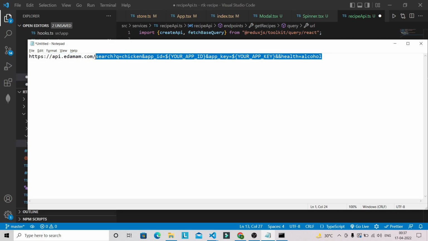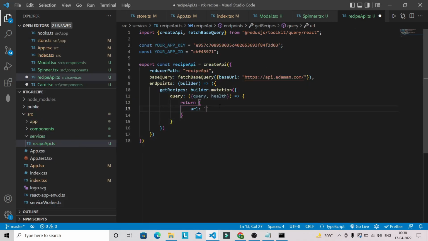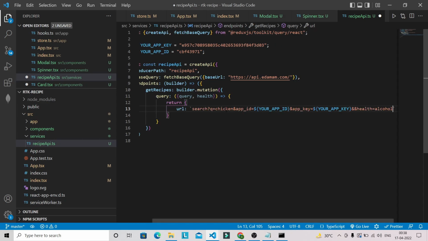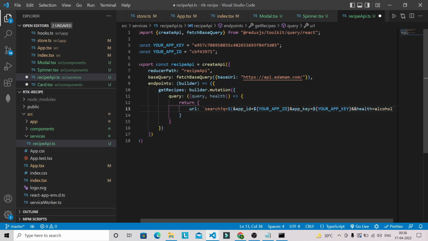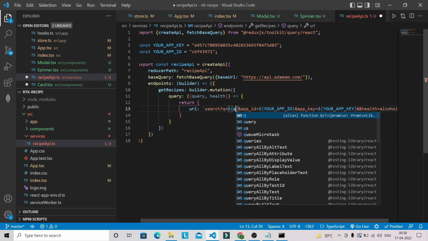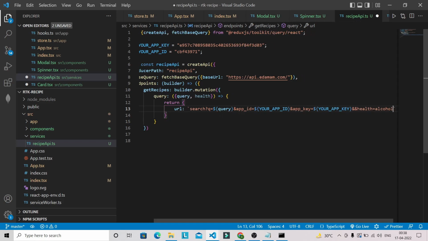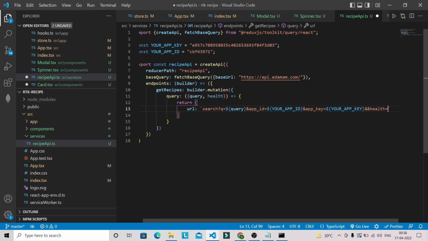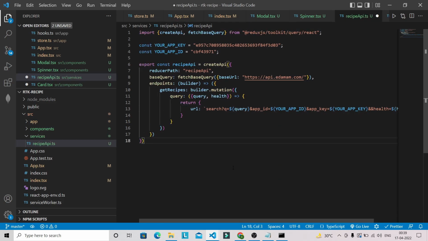So this is our base URL which we have already specified in fetchBaseQuery. Okay, let's paste it over here. And we are going to receive this query from our component. So we can use query here. Okay, and health we are also going to receive from our component only. So let's replace this one. So let's format this one,